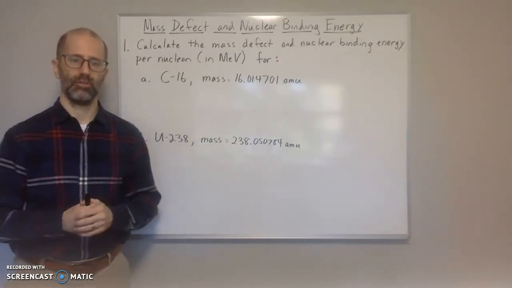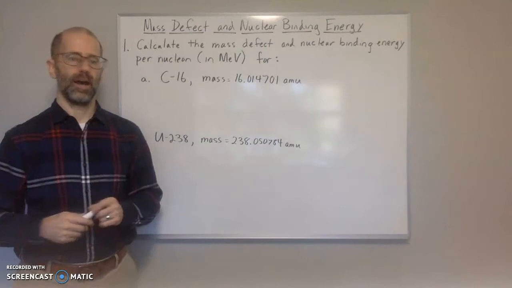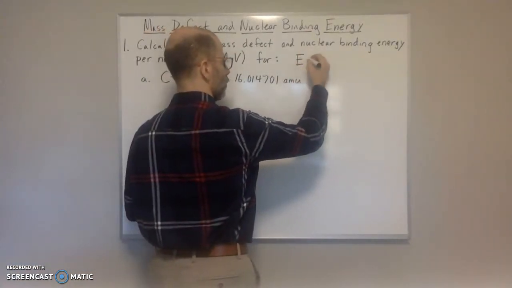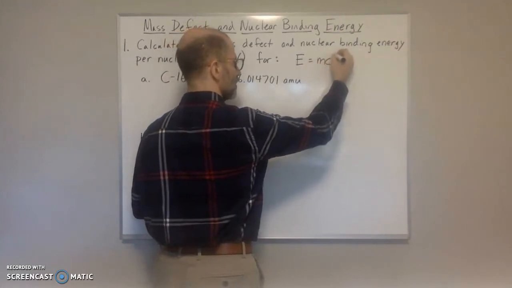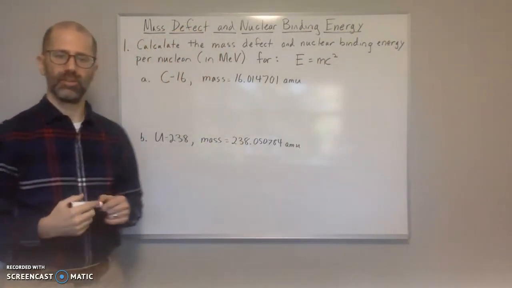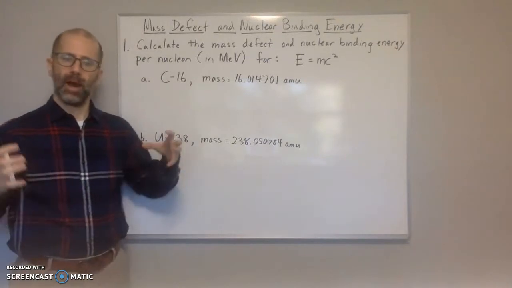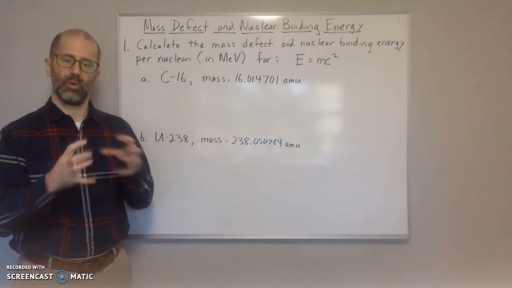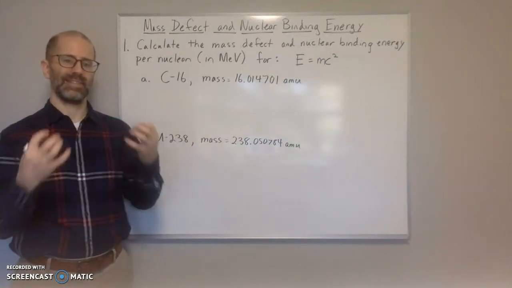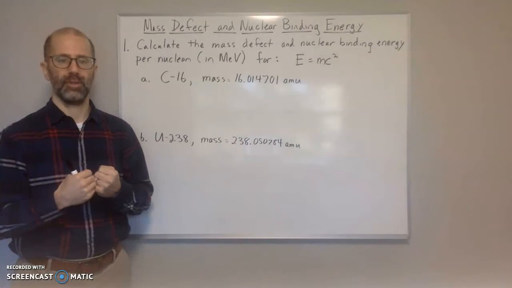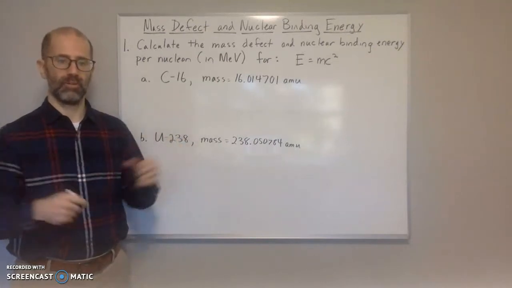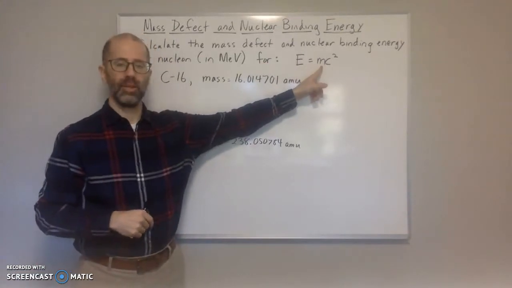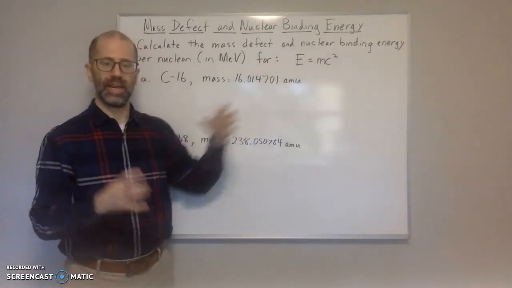Well, in nuclear chemistry, in the nucleus, you may have heard of this famous equation, E equals mc squared. Well, basically, what is going on is that difference in the mass. You'll find that the mass of the nucleus, when it's put together, actually has a slightly smaller mass than when they are separated from each other. And that is to say that some of that mass was converted into energy